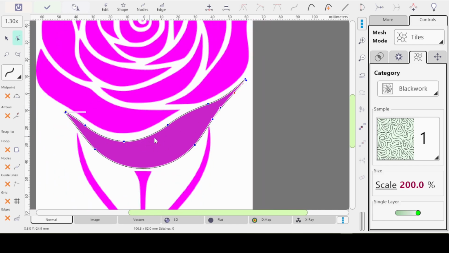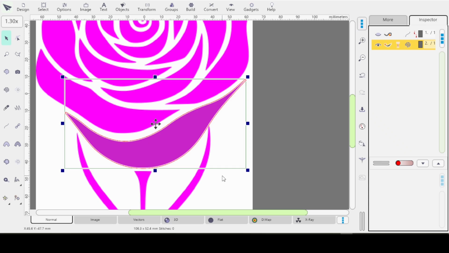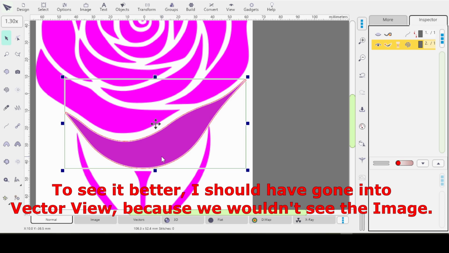I'll hit enter. So it looks pretty good. I think I followed the shape pretty well. I squared off these points. So that looks pretty good. So Control S, and then